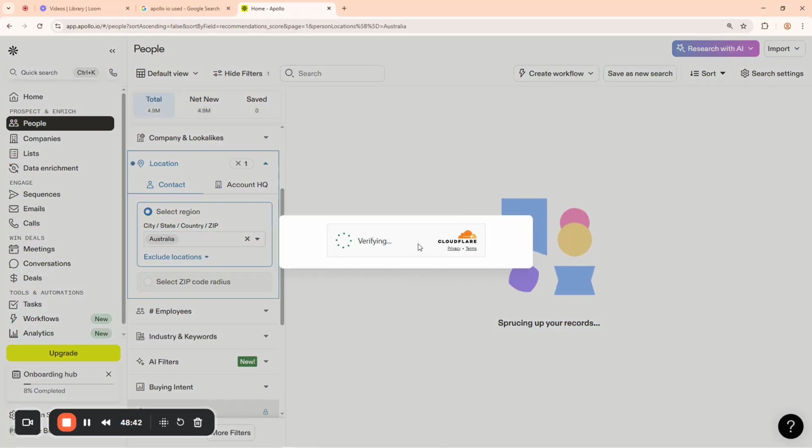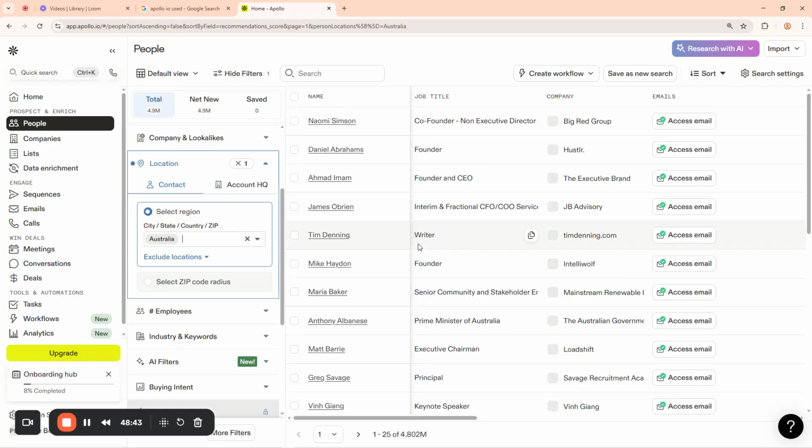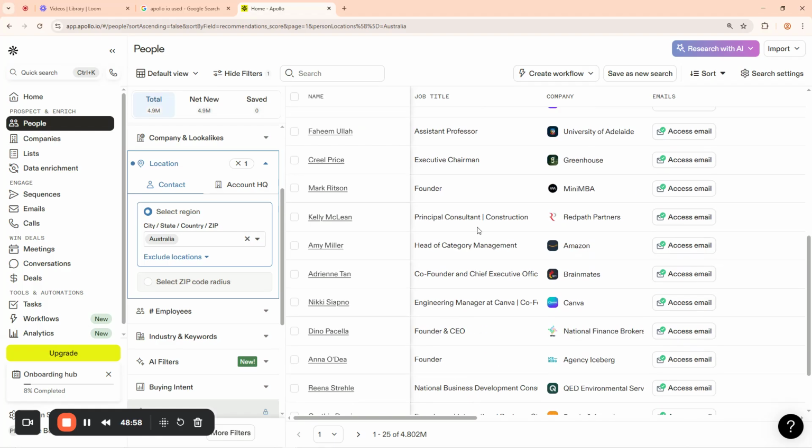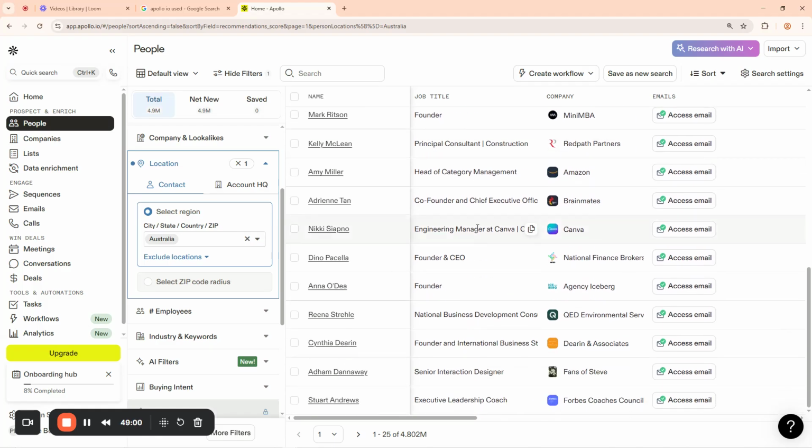So there are about 4.9 million people living in Australia that are in this list. That's what this here means. See it now? That's 4,900,000 people that are in Australia that we can find using Apollo now. Can you see now? So if you actually wanted to reach out to somebody in Australia, you can use this Apollo to find them and send them your email campaign. Is that simple enough for you guys to understand? Let me do it one more time. I said that the location feature can help you to